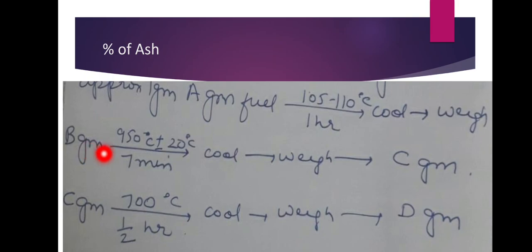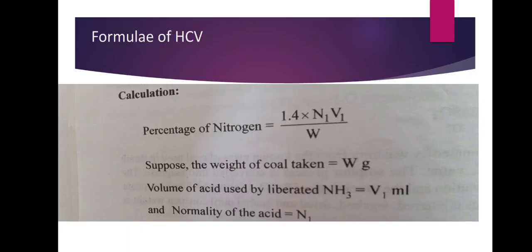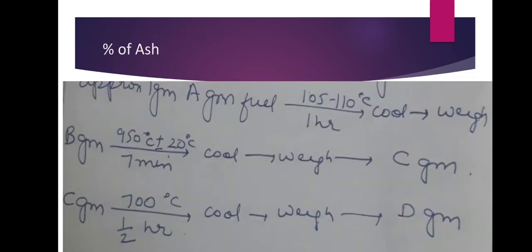Then we take B grams and we heat it to 950 degrees plus minus 20 degrees centigrade for 7 minutes. And here whatever volatile matter is present will evaporate during this heating. Then this is further cooled and weighed. So now the new weight is equal to C gram. Now this C gram is taken, it is heated to 700 degrees for half an hour, and with continuous heating, finally a constant weight will be obtained,